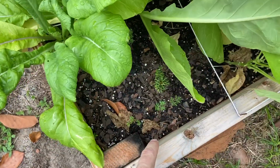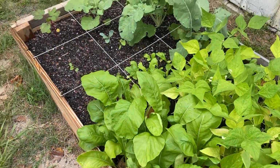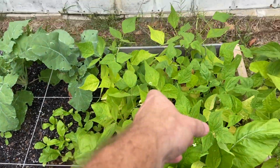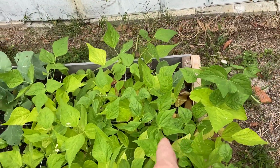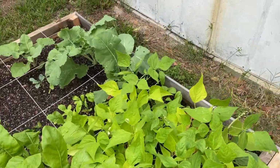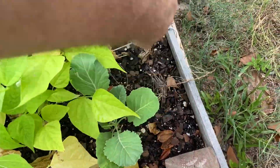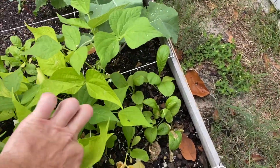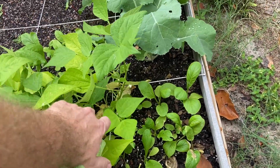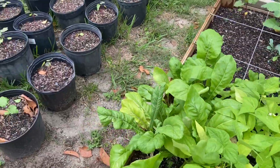I have a few carrots in here. They're all shaded out right now. And then I have another square of mustard greens. And these beans, I have 9 plants per square. And I think I've got 2 squares of beans. I have some more collard greens in here, and I planted some more mustards because my original collard plant right there died. So I put in some mustard greens there and mustards right there. They're shaded out right now by the beans, but